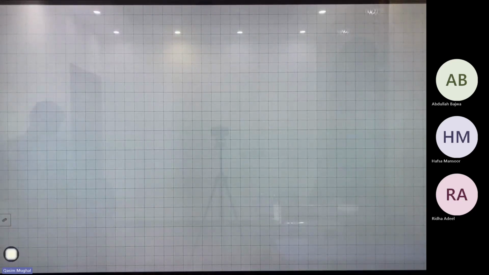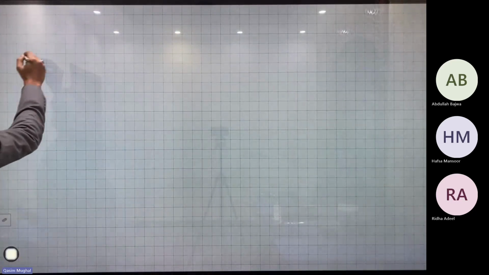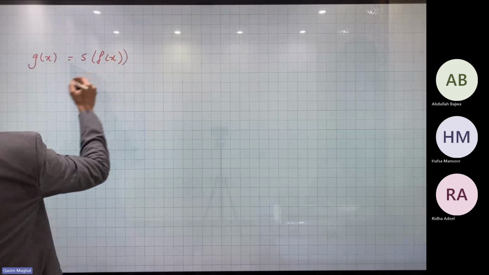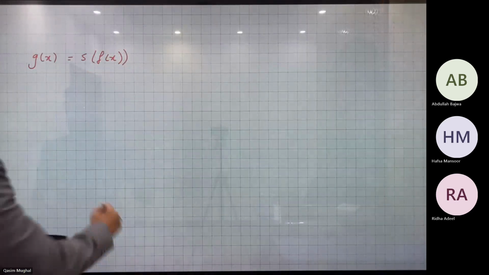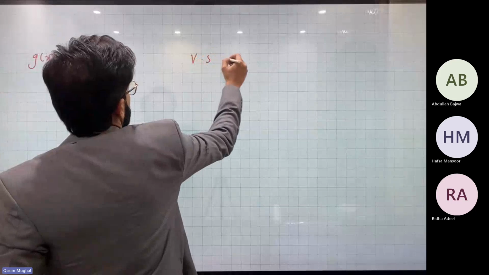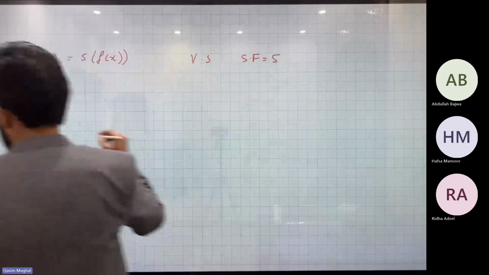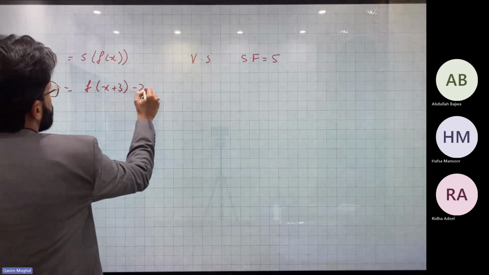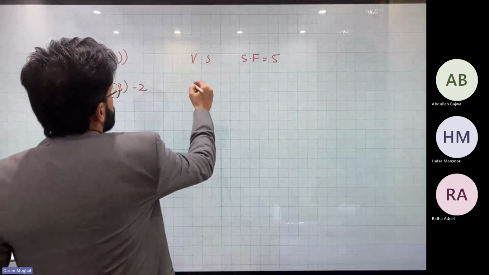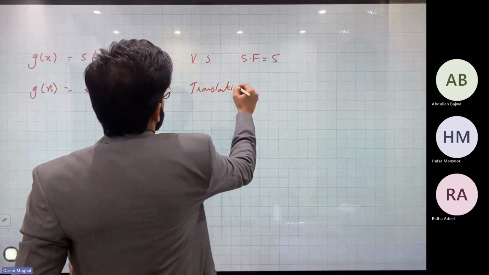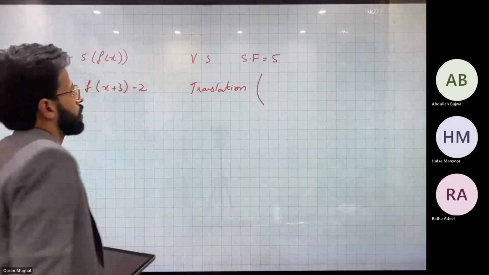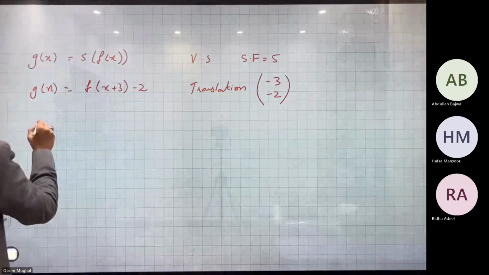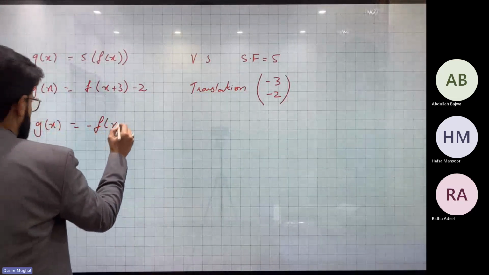चलें जी, लास्ट पार्ट करें आज का। टाइम तो हो गया लेकिन जल्दी जल्दी बस ये भी कर लेते हैं। g of x is equals to 5 times f of x। बताएं जी ये क्या हुआ है, फिर डिस्क्राइब करते जाए। वर्टिकल स्ट्रेच, स्ट्रेच फैक्टर क्या होगा? 5। शाबाश। अगर g of x है आपके पास f of x plus 3 then minus 2, ये क्या हुआ है? शाबाश। दिस इज ट्रांसलेशन। ट्रांसलेशन वेक्टर क्या होगा? वेरी गुड, -3 -2।